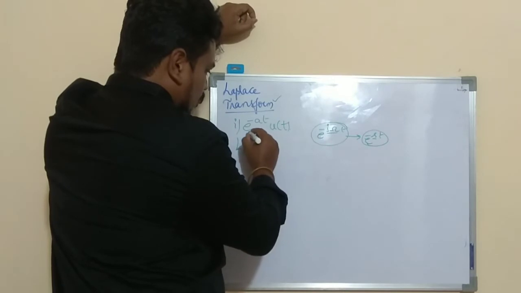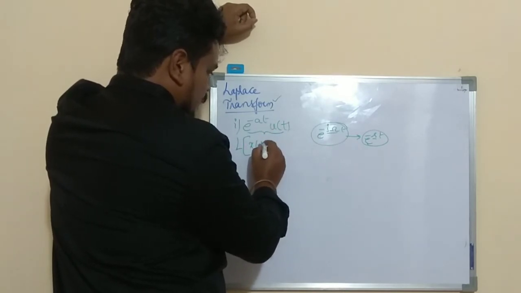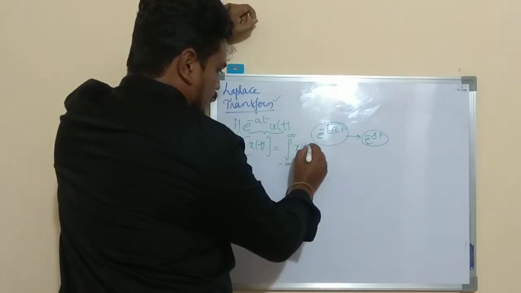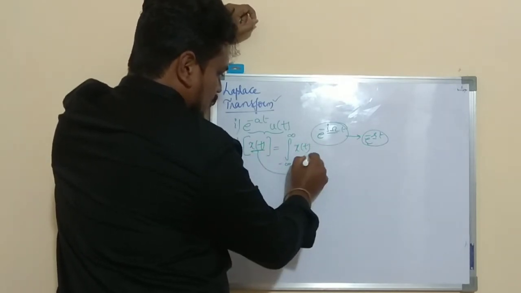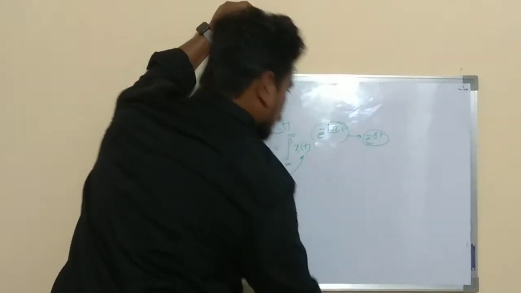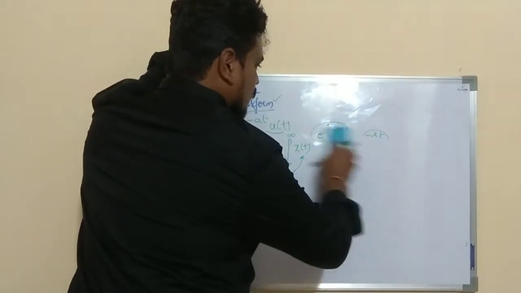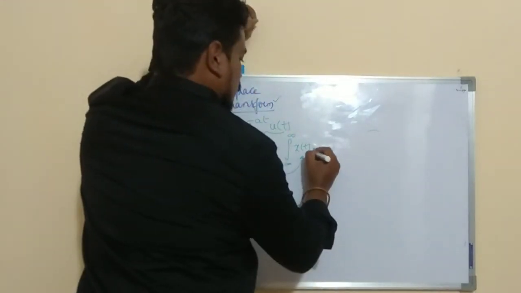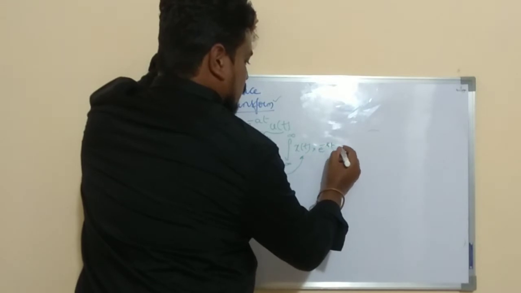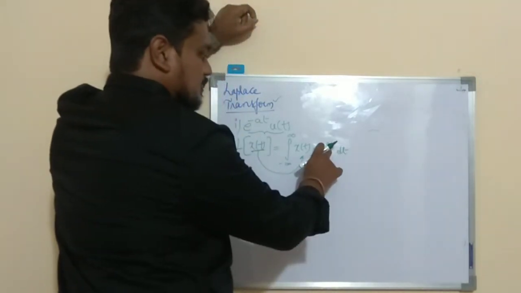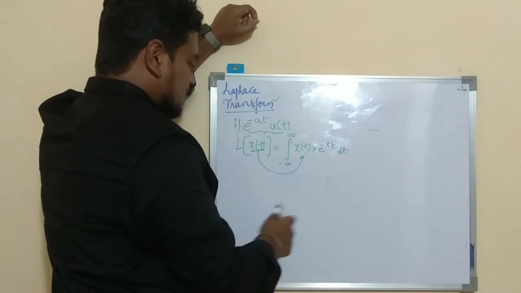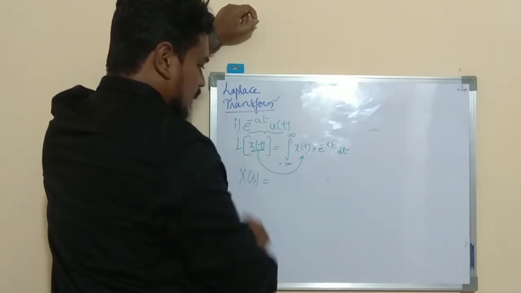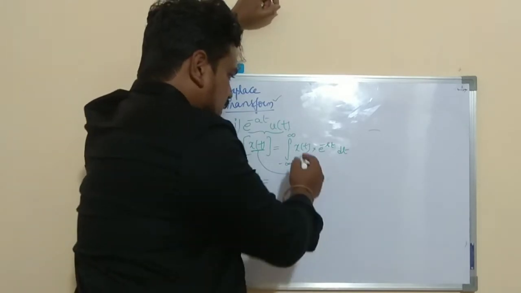Laplace transform of whatever the given signal that is there, that is x of t, is equals to integral minus infinity to infinity x of t, whatever the thing is there, that you have to write it here, into x of t into e power minus st into dt. Okay, and directly writing it in s. So the final output which you get here is called as x of s here. Okay, x of s here, right?